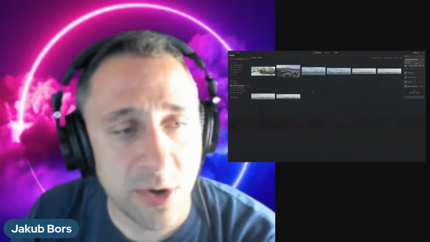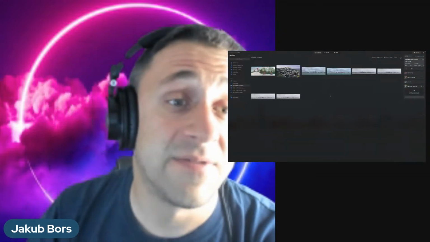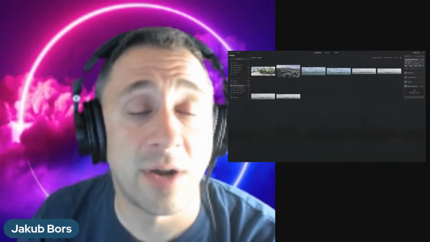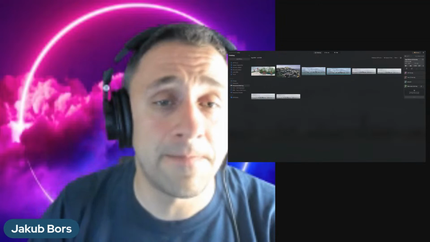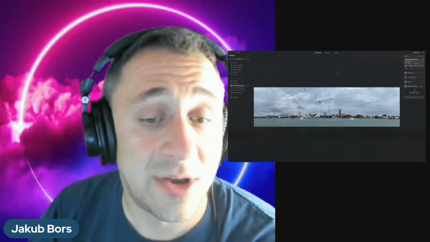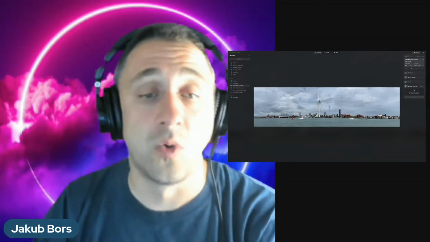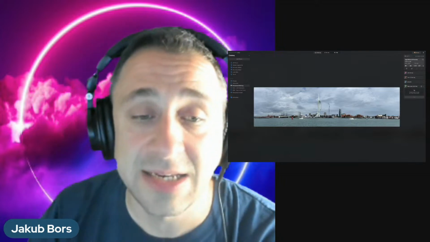Once it's exported, it will go into the same file as the photography panoramas, into the panorama stitching folder in the folders section. It is right here and we can look at it. And as you can see, it's looking cool. So this is a panorama created out of